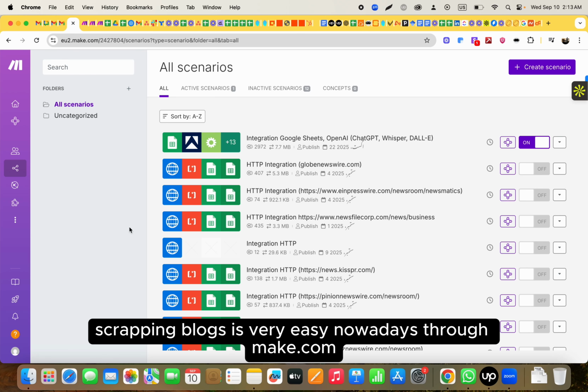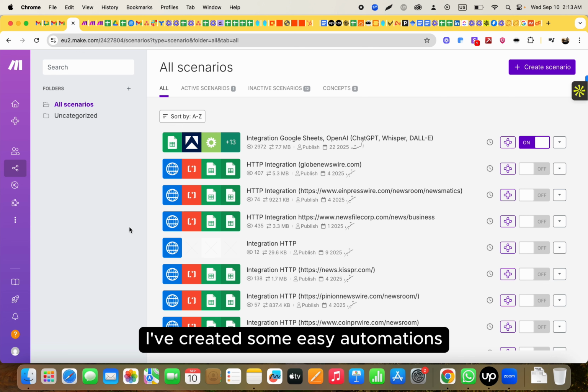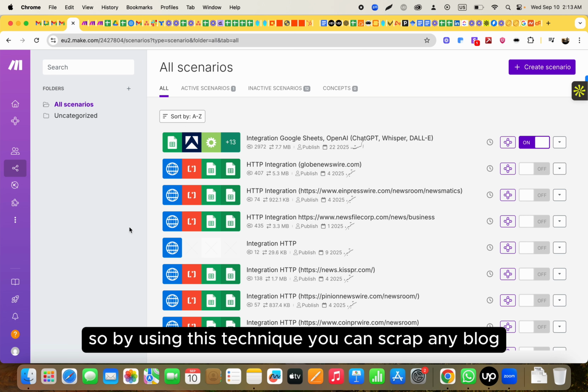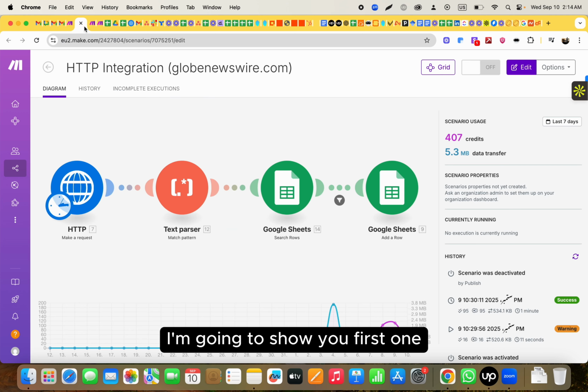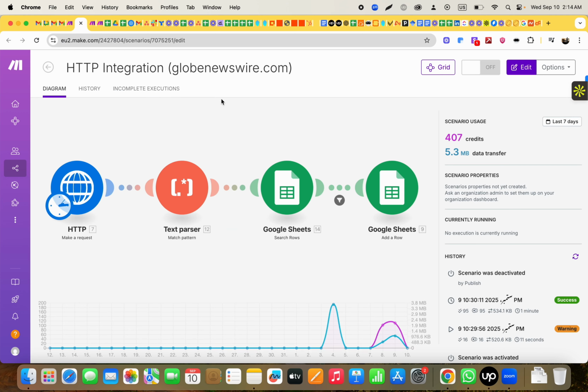Hey everyone, scraping blogs is very easy nowadays through make.com. I've created some easy automations to scrape different blogs. So by using this technique, you can scrape any blog. I have a lot of automations, but I am going to show you the first one, that is scraping